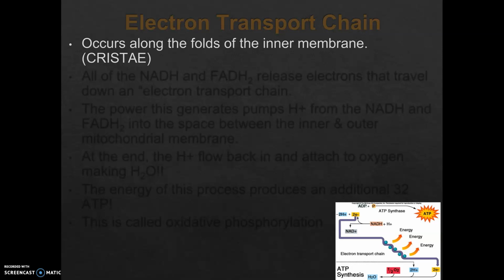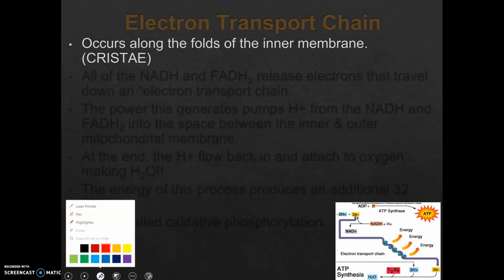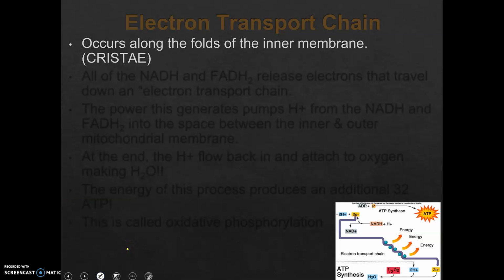So this occurs along the inner membrane of the mitochondria. So just a reminder, that is called the cristae. So let me just draw a little quick sketch of the mitochondria here. So just a reminder, this is our mitochondria. The Krebs cycle happened in the matrix. That was here in the middle. That's our matrix. That does not look like the word matrix. Sorry about that. And then the electron transport chain is going to happen along this inner membrane, specifically in the